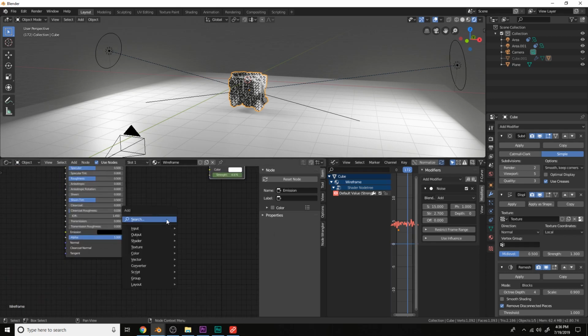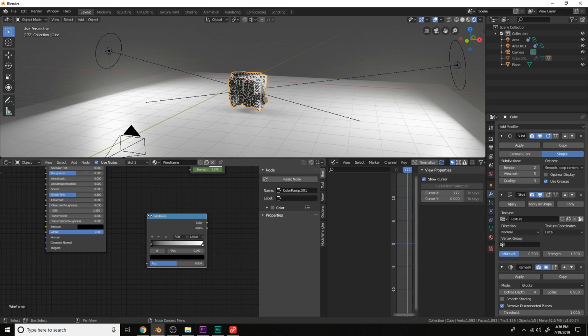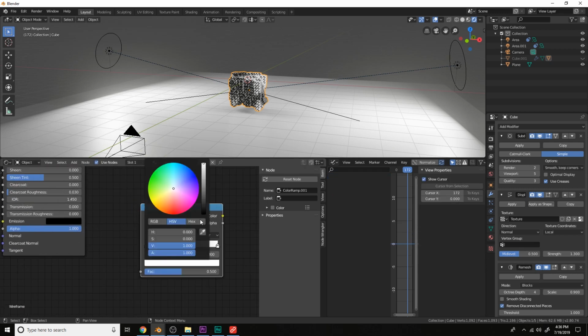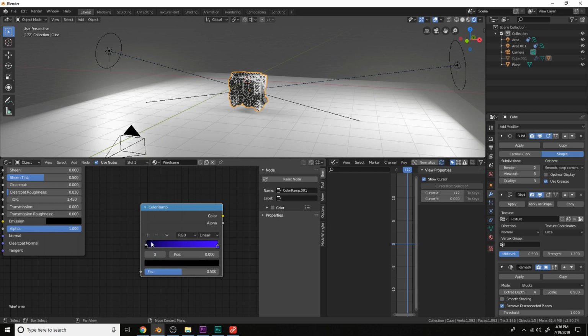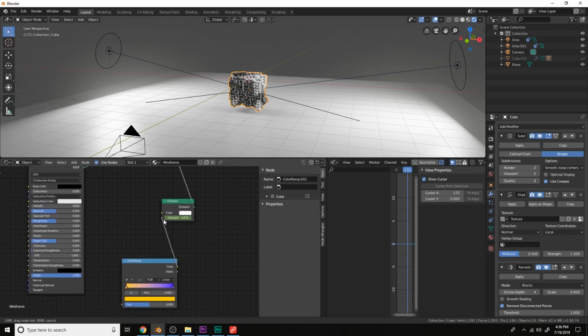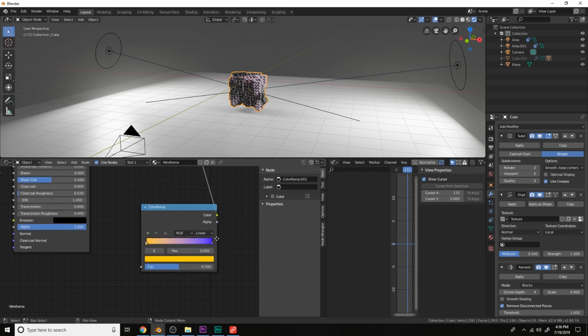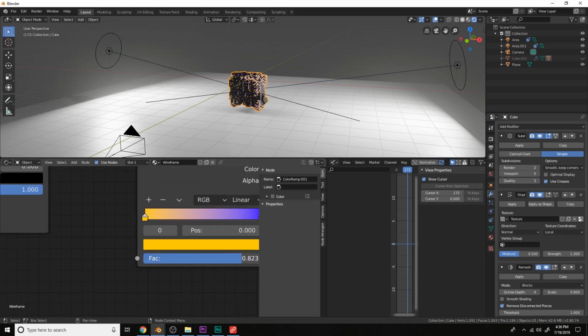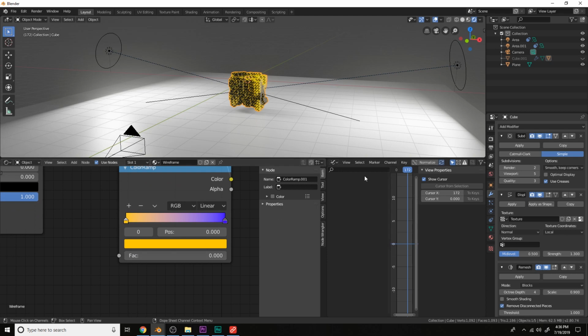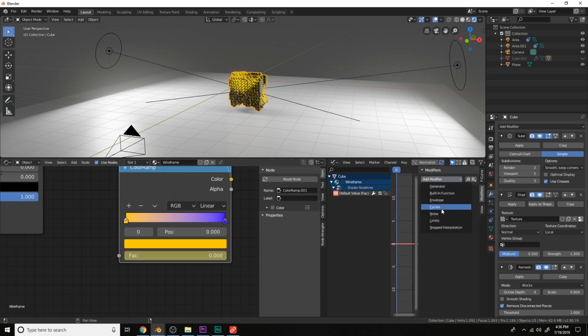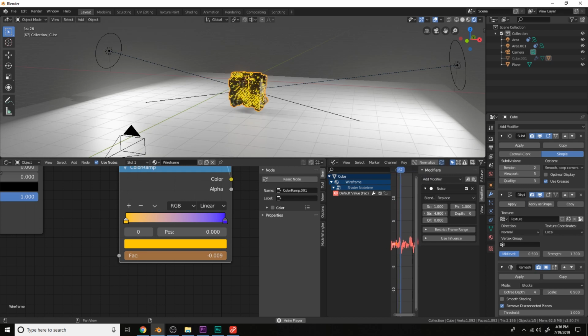Okay. Now, what if we want this to change colors throughout the animation? Well, what we can do is add a color ramp and choose some random colors like purple and yellow. Plug this into the color of the emission, and then we can animate this slider here, pressing I to insert a keyframe, and with the node selected, adding a noise modifier, increasing the strength and the scale,